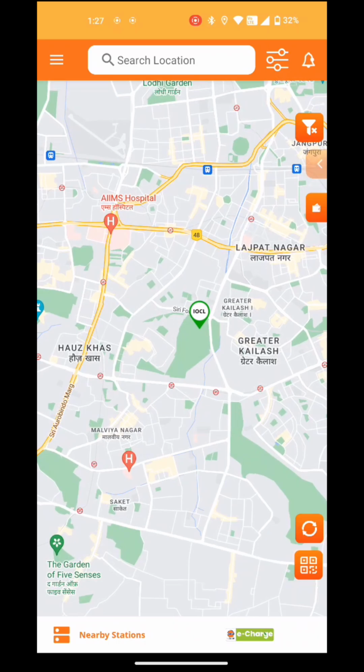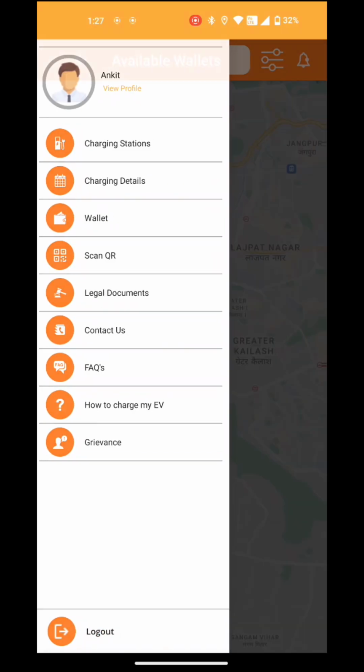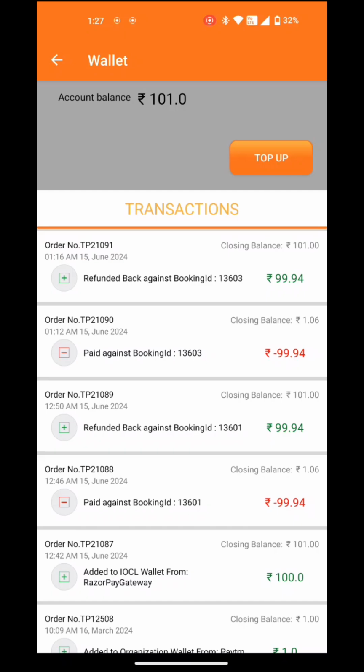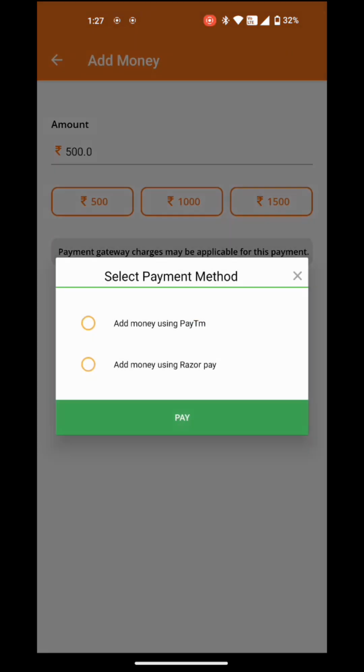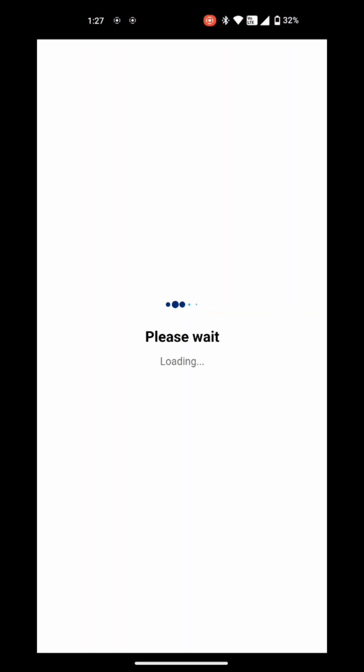So in order to get the vehicle charged, the user needs to recharge his account, for which we need to open the side panel again. Go to the wallet option present here, available wallets, wallet, and the top up option is present right here. You can add any amount you want. Click on pay now. There are two payment methods that will take you to the payment gateway, in which all